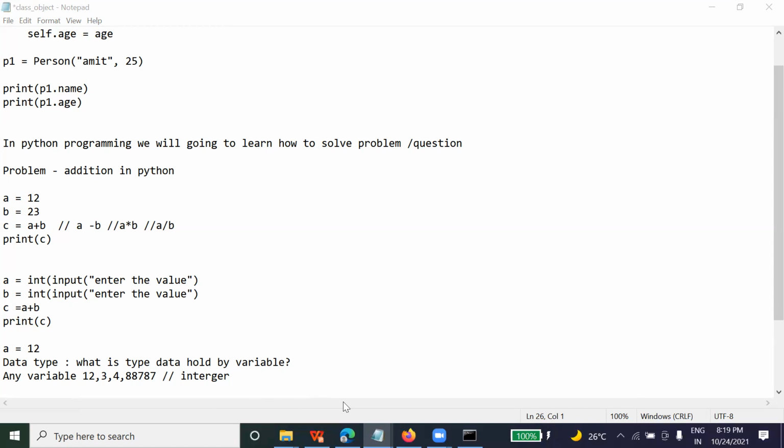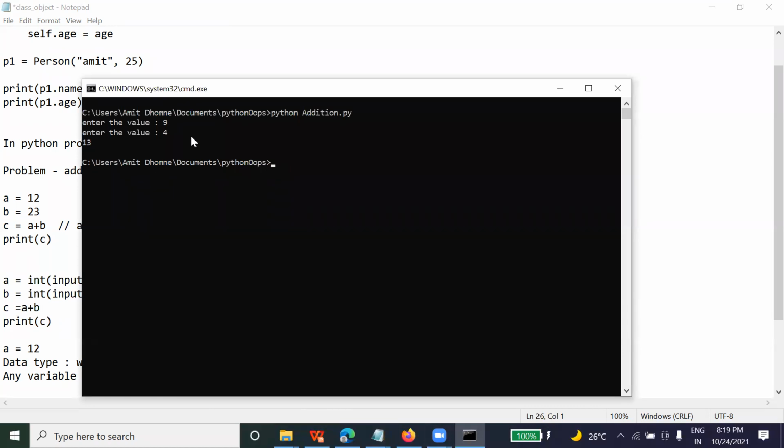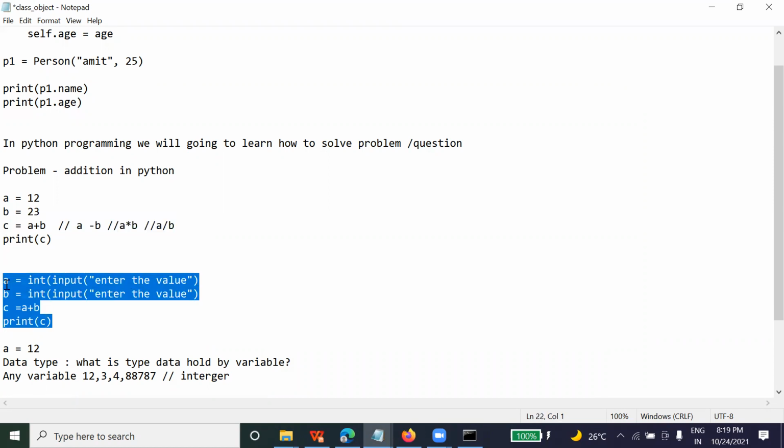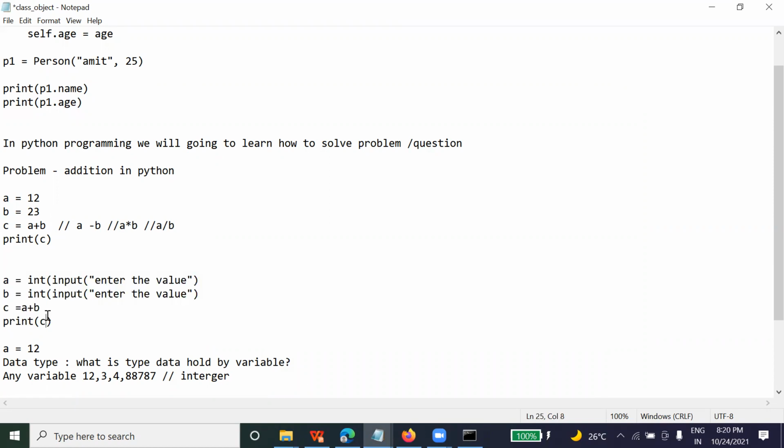No, not addition. Listen, if you change the value, yes, we can change the value, but what we are doing is the user is entering the value here. I told you this earlier. Please listen carefully. In the first program, whatever value the programmer has written here, based on that it will perform an operation. But in this program, whatever value the user enters, based on that it will do the addition. Now it is clear what the difference is between these two programs.